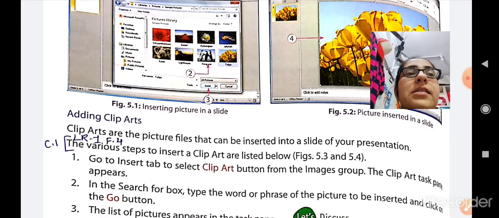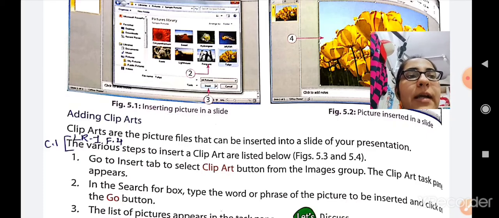Now let us see the steps to add a clip art or a picture in your PowerPoint presentation. First, go to the Insert tab, then click on the Clip Art button from the Images group. The Clip Art task pane will appear. In the Search for box, type the word or phrase of the picture to be inserted and then click